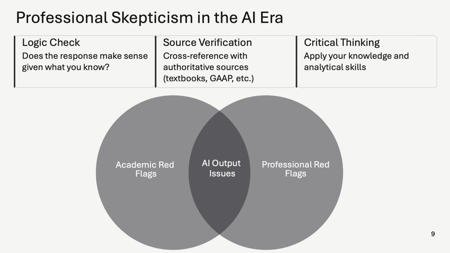Academic red flags include explanations that contradict authoritative sources, oversimplified answers to complex concepts, or missing steps in problem-solving processes. Professional red flags include overly confident assertions without evidence, calculations that seem too convenient, or recommendations that ignore industry-specific factors. Document your verification process in both environments. For academic work, this helps reinforce your learning, and for professional work, it protects both you and your clients and